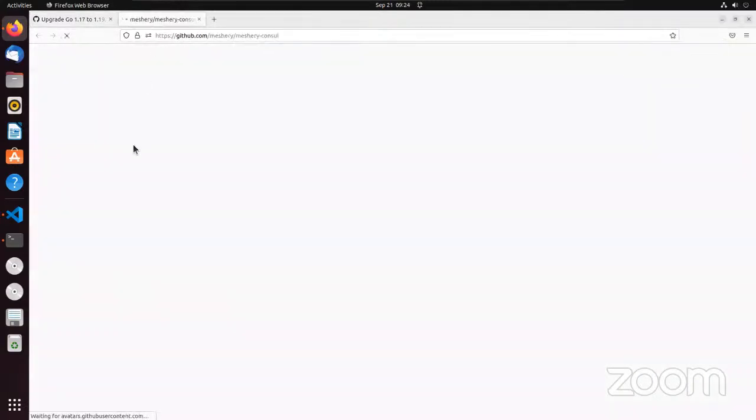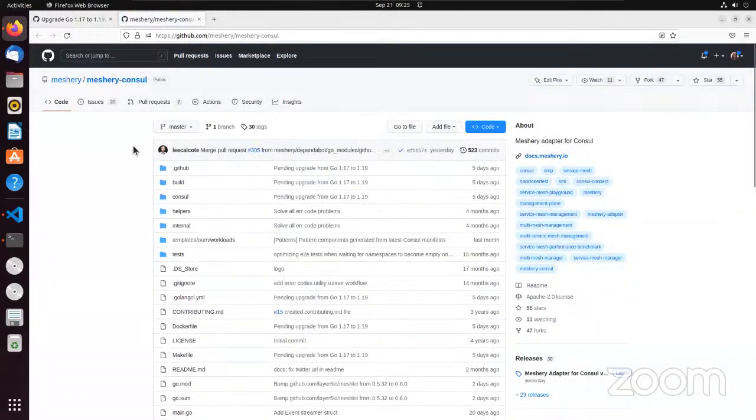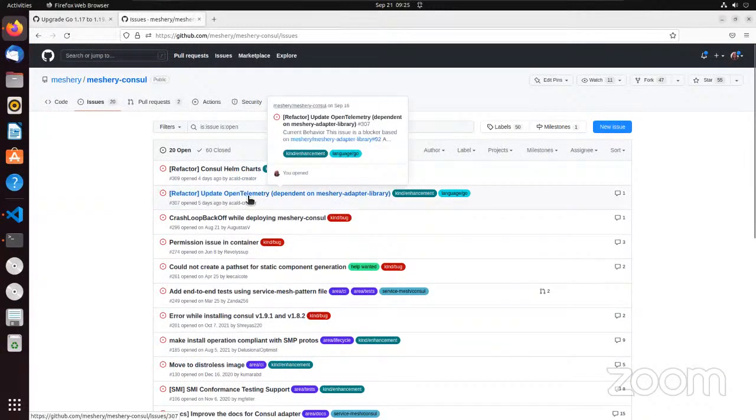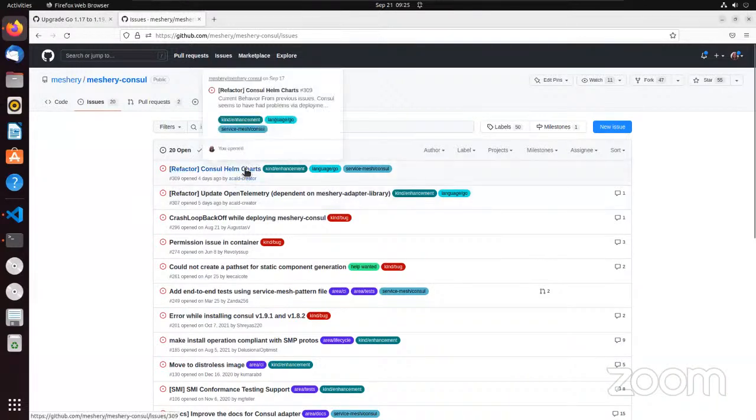Yes, you are correct, only in that I didn't make any drastic change to it where it will break. So the only thing that I found was that there's a need to refactor the open telemetry, but it's not an important item that needs to be done right now, but it can be enhanced over time.